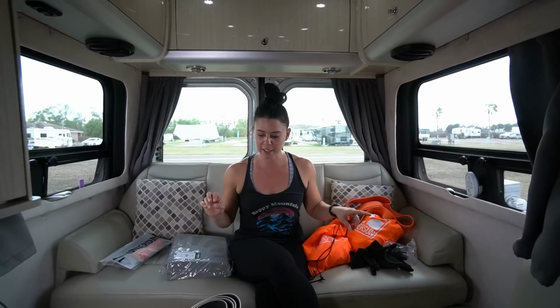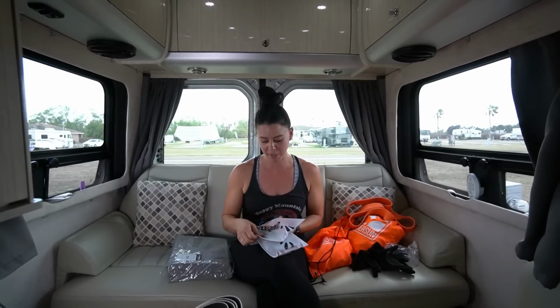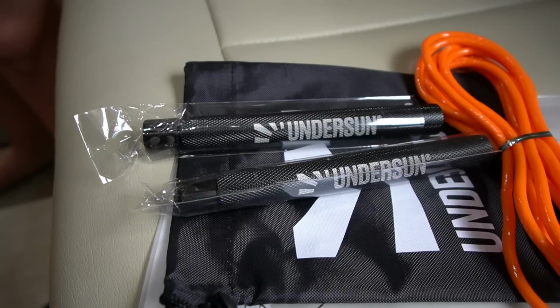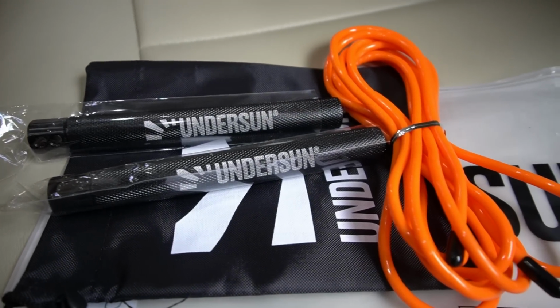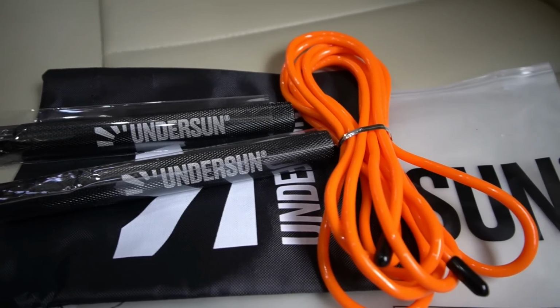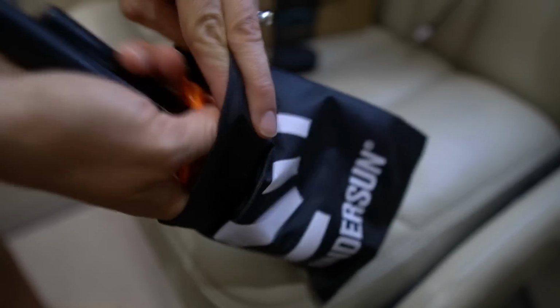And Undersun now is coming out with some additional stuff that I haven't even played with. I literally just got this stuff in the mail yesterday and I'm super excited. But they came out with a jump rope. I'll be starting to use this, and I'm actually really excited to get some cardio on the spot, just being outside of our van and just jumping rope,